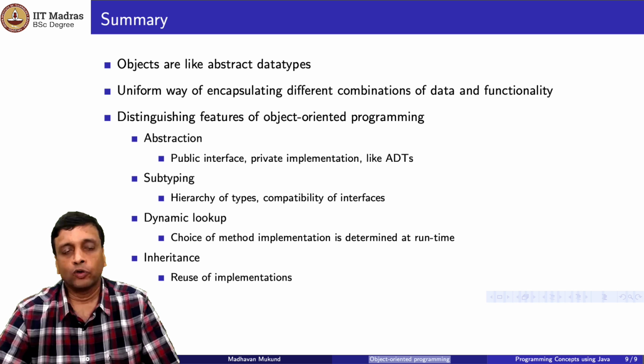But in practice, what we will find is that in the languages that we looked at, Python and the language we are going to look at, Java, there is only one way to organize these types. There's only one hierarchy. We don't have a subtyping hierarchy separately and an implementation hierarchy separately. So we have to live with whatever we can do within that one thing. So usually we will go with the subtyping hierarchy and we will just do whatever reuse of implementation is allowed there.